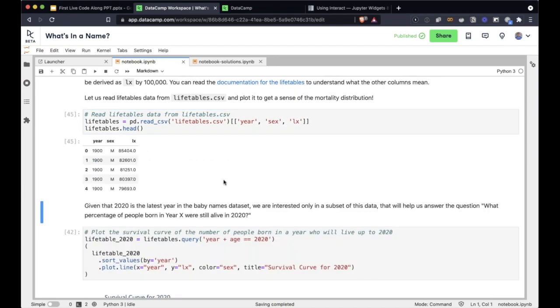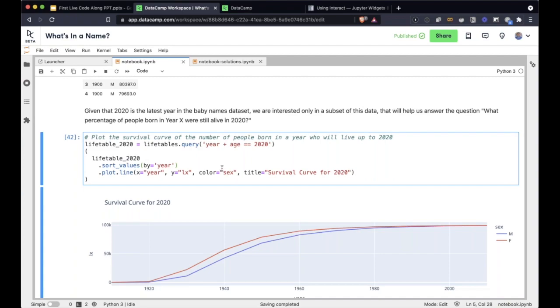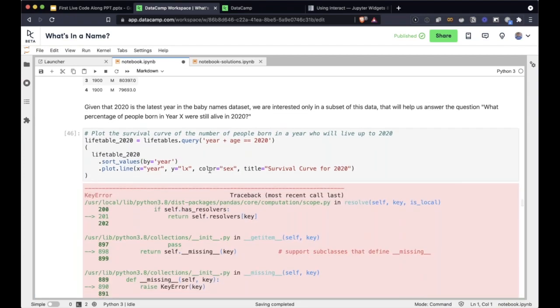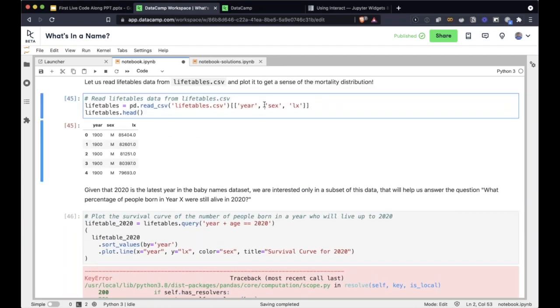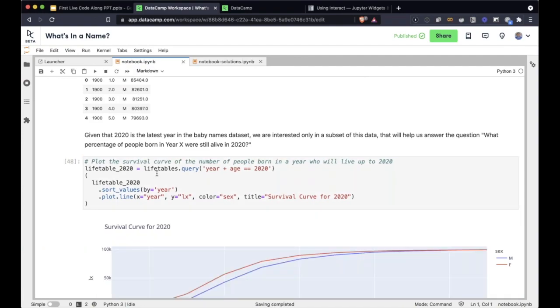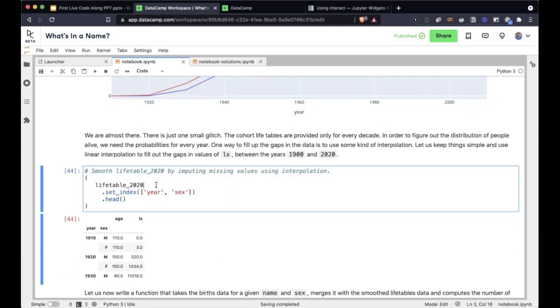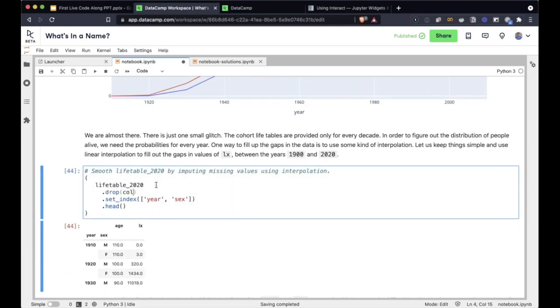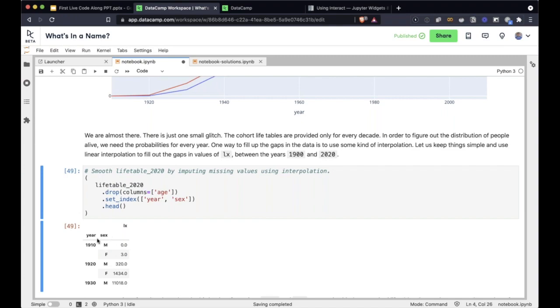So let's just do this here, and then I have here life. I'll bring back age later. I can't do that here. Sorry about the mix up, because I cannot remove it before this. Okay, so we're going to keep things as is and drop it here. So here I'm going to say drop columns equals age. Let's do that here, and there you go. So you have year, sex, and LX.